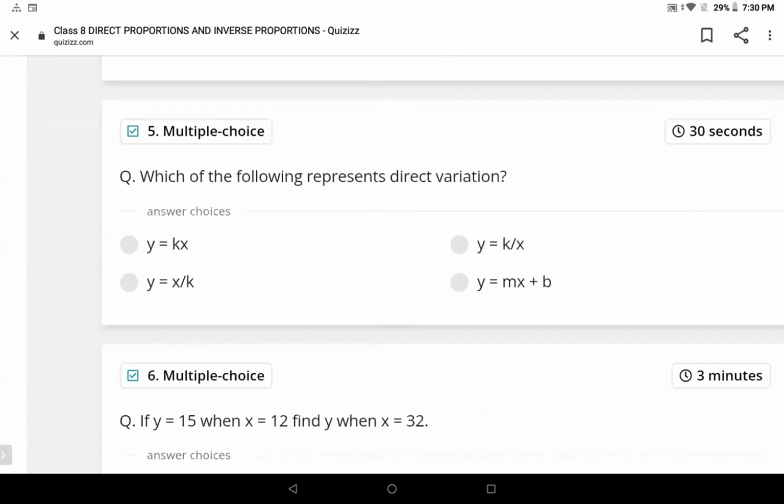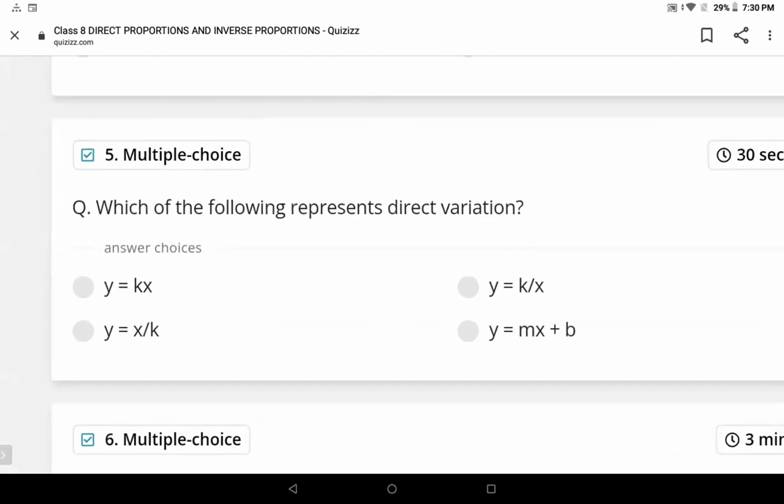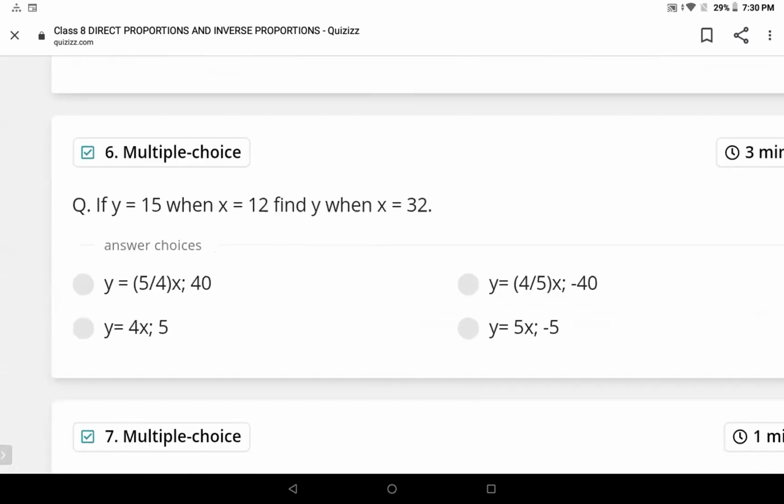Right, right. Next, Divesh, please respond. Which of the following represent direct proportion? This part also we discussed. One is x by y equal to constant. Another one is xy equal to constant. y is equal to k. y equal to kx. Wonderful, wonderful. Next, sixth question.